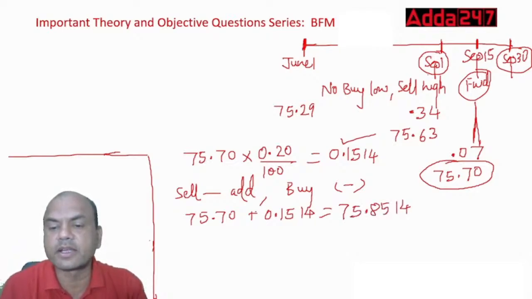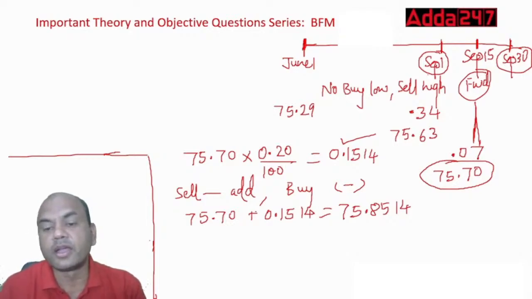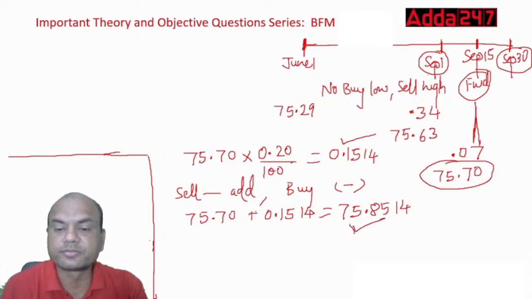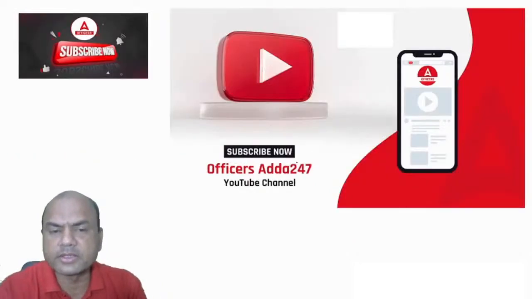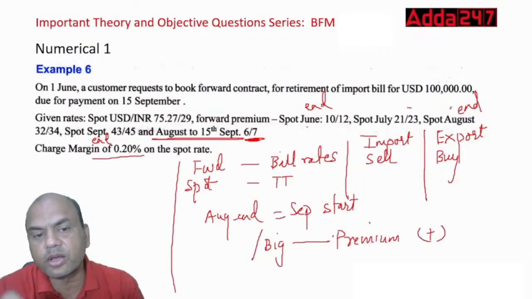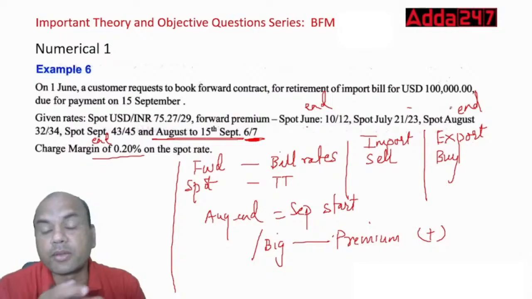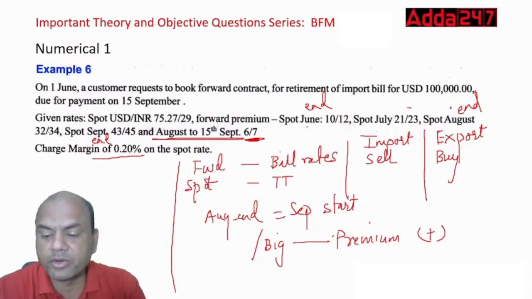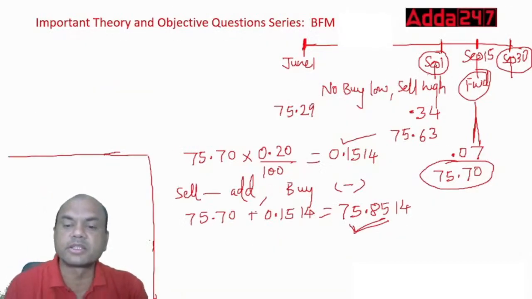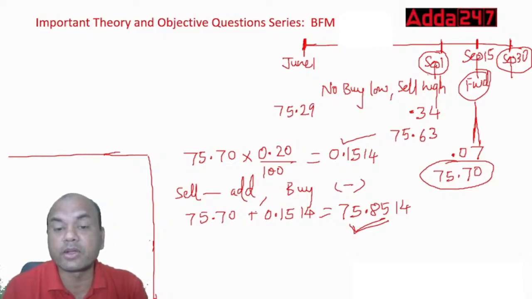75.8514. This is the exact answer you will be getting, and this is your final answer. But what do you mean by this rate? In this whole transaction, you have got the rate, and this much amount you'll be debiting to the customer. See this 75.85, because $1 lakh are to be given. So what amount will you be debiting to that customer? So 75.8514